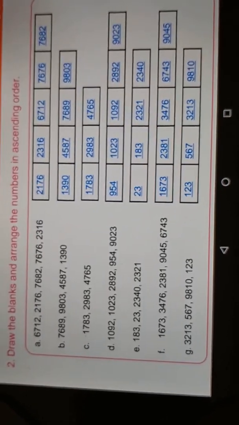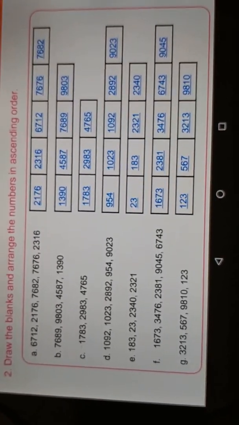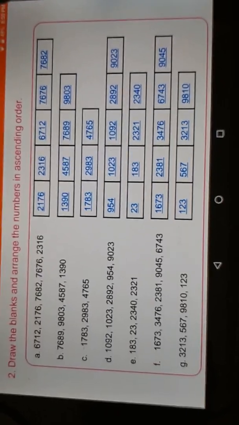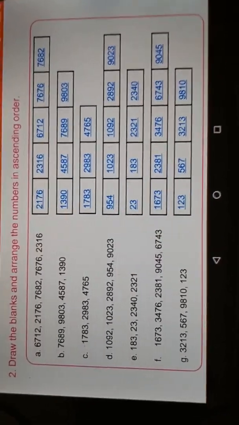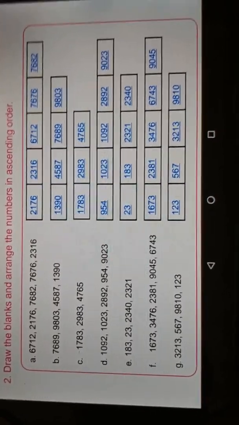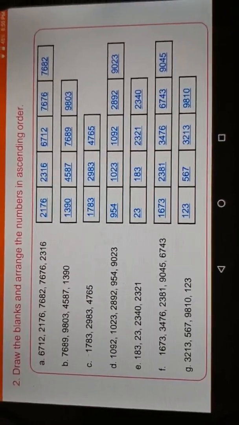Okay students, I hope your work is complete. Now your homework is you have to complete worksheet number 19, and that worksheet you have to send to me before 3 o'clock in the WhatsApp group. That is your homework. You have to complete your homework and send it to me before 3 o'clock in the